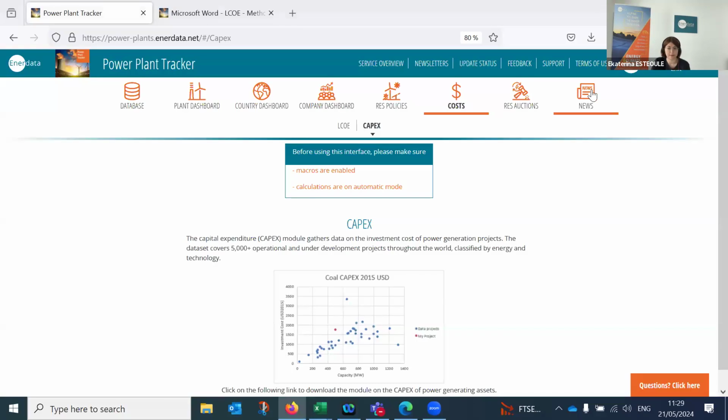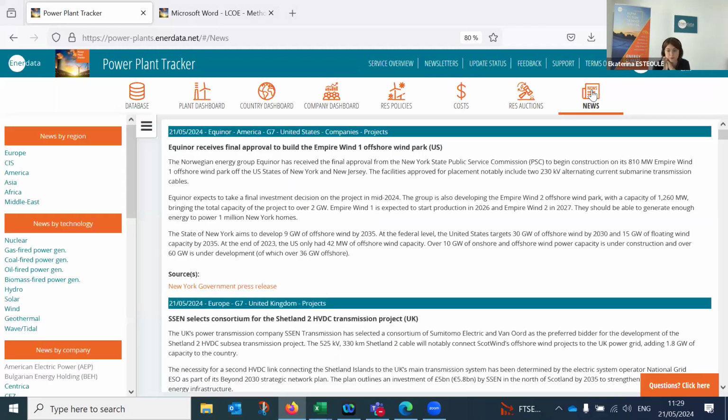And last but not least, the new sections. In fact, the Trinidad data we are producing on a daily basis, with a good summary of different energy sources, and we produce it with the daily news in our key energy intelligence. And here in the power plant tracker, we share information that relates to the power sector.